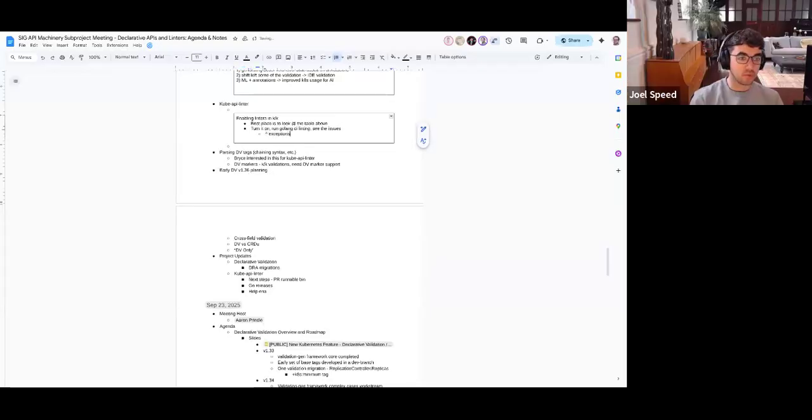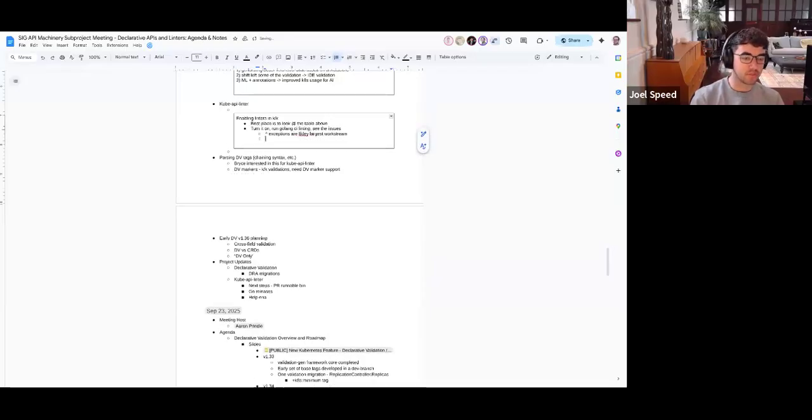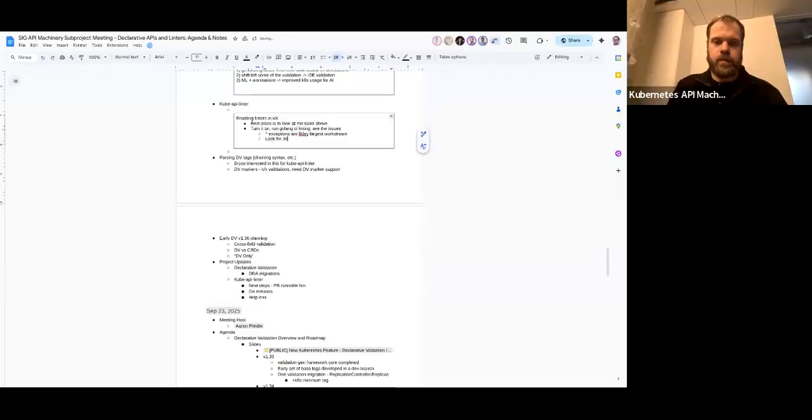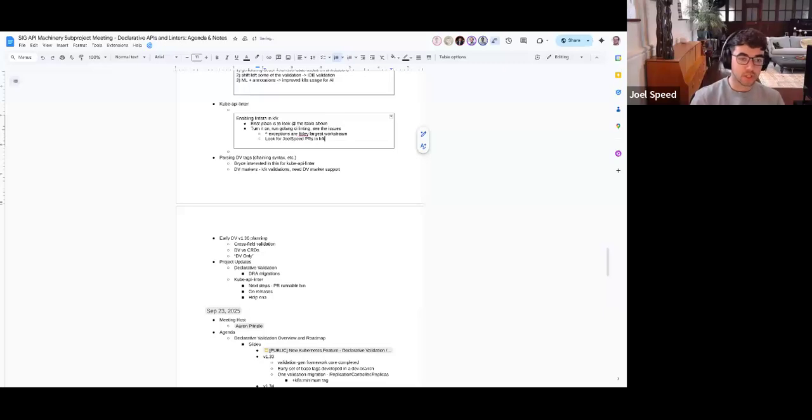So the best thing to do with those would be look at the previous examples that I've merged. So if you just look for PRs I've written, the only ones I've been doing recently for KK are around this. Should be easy to find. Just follow that pattern of enable one linter at a time, add exceptions, and then ask for API review.